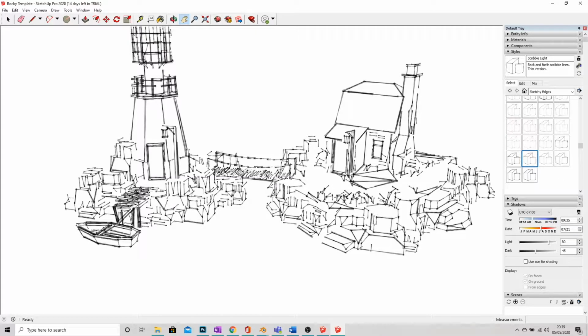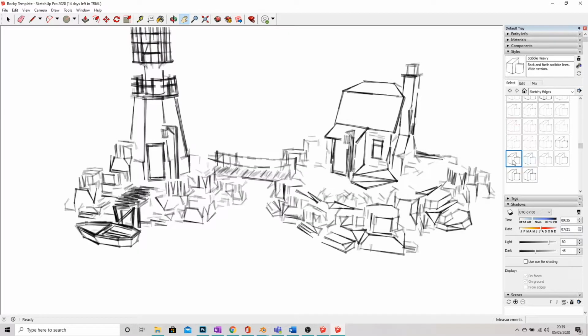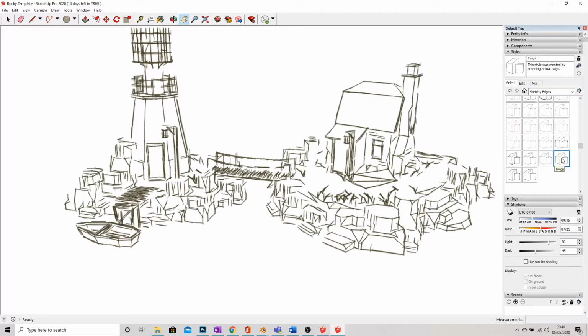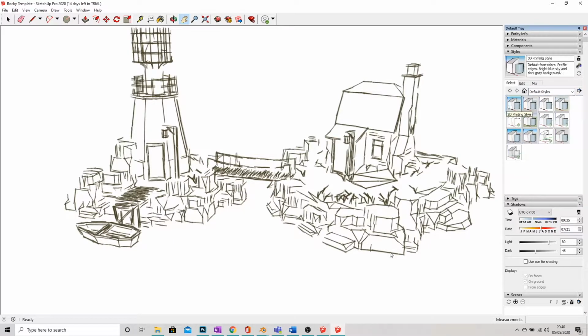One thing to be aware of is that many students don't like the overall look of this because it is a bit too rough around the edges. Just be aware that when you export a graphic of this, it will be a lot more refined than what we've got going on here. This is kind of exaggerated. If I go back to my default style,